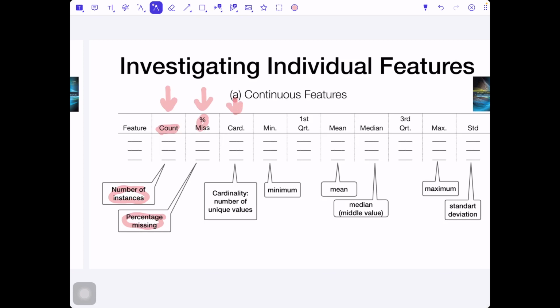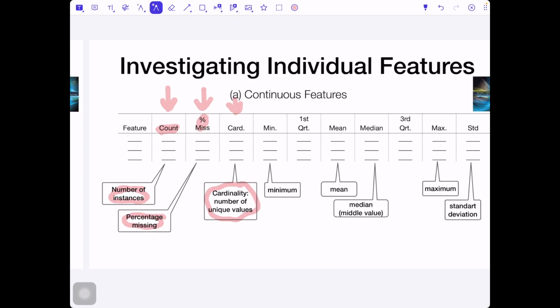Cardinality is especially important if we have ordinal features. Cardinality just says how many unique values we have. If, for example, we have a continuous feature like speed, then probably every entry is unique. But if we have a feature like refrigerator color, which could be red, green, or white, then the cardinality is only 3.